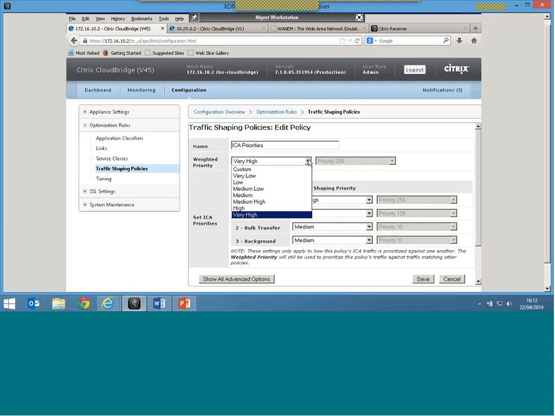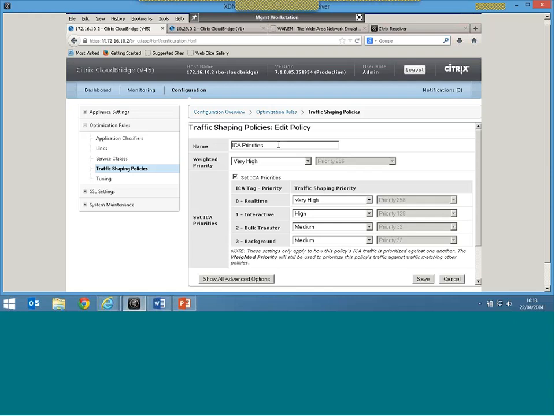Because the whole idea is I'm going to have loads of different types of data flowing through these CloudBridge appliances. I want to make sure my ICA data for my XenDesktop and XenApp sessions has a higher priority than my printer traffic or my regular server message block network connections. I want my audio traffic, maybe integrated with Lync, to have a higher priority than my other regular server message block file copying data traffic. So I can come into here and I can create an ICA